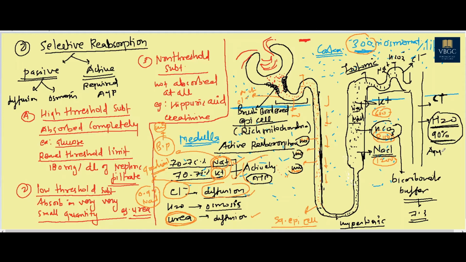We have certain special pores through which the water moves towards the interstitial fluid, known as aquaporins. But these aquaporin channels are open only after the stimulation of ADH. Now ADH is a hormone; where is it released from? It is released from the posterior pituitary, the neurohypophysis. The neurohypophysis is the posterior part of the pituitary gland.